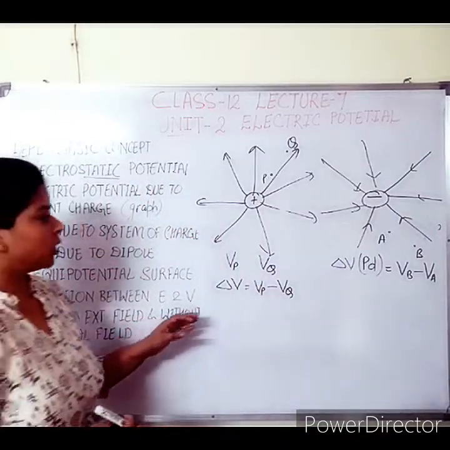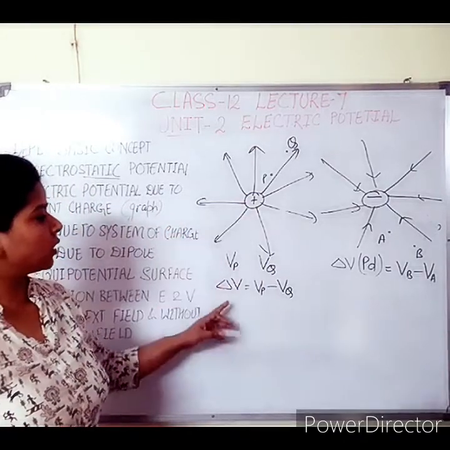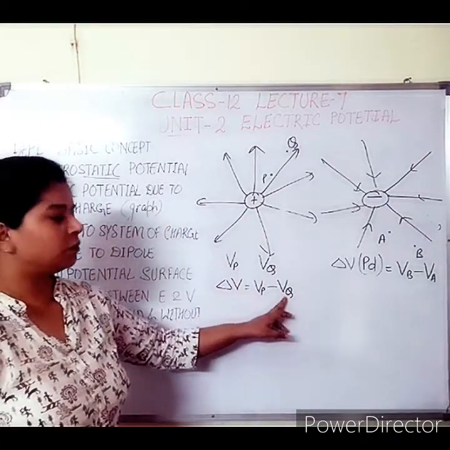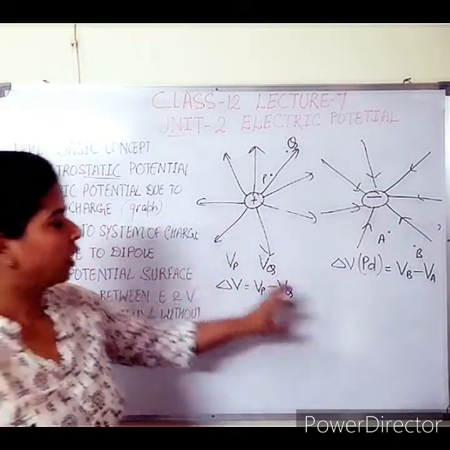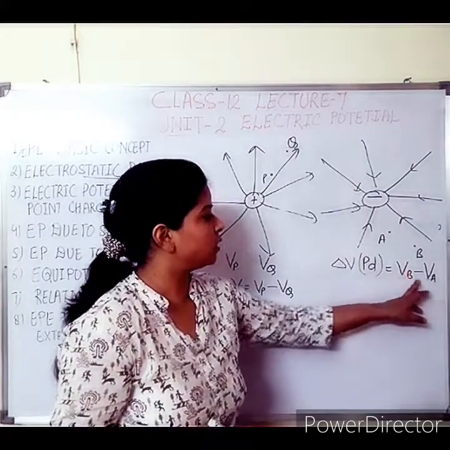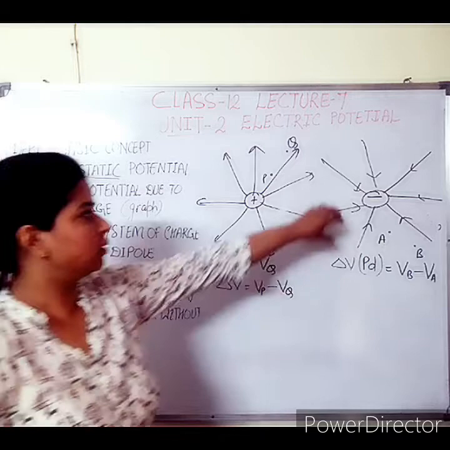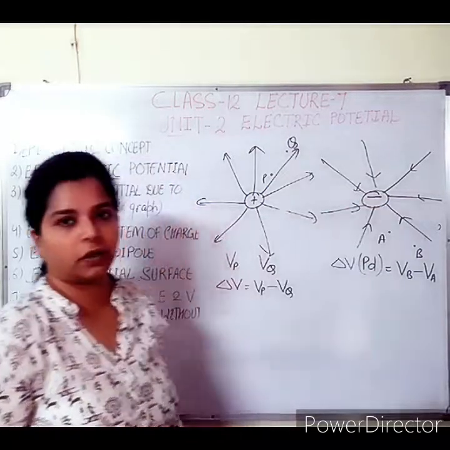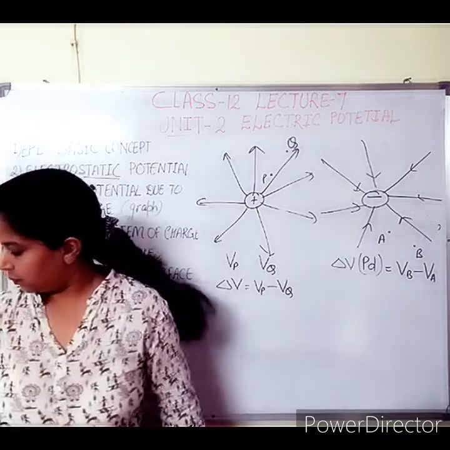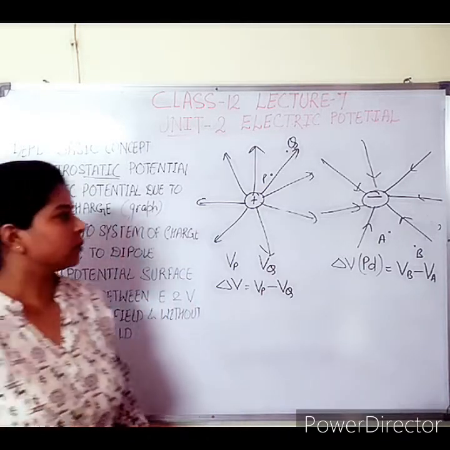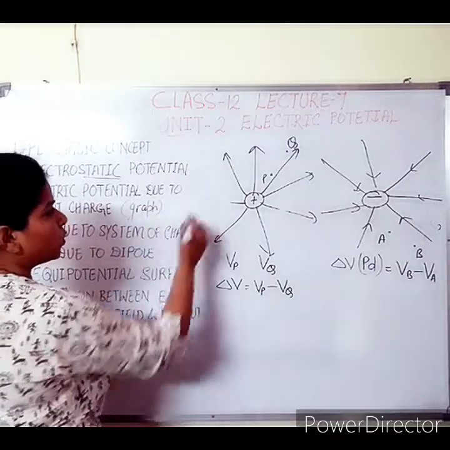Okay, this is today's question for you. I am repeating this question. You have to calculate the potential difference VP minus VQ, whether it will be positive or negative in this case. And here you have to calculate the potential difference VB and VA, whether it will be positive or negative corresponding to the second figure. Draw this figure and tell the result. It is a very simple question and you can do it. I hope you have drawn the figure.